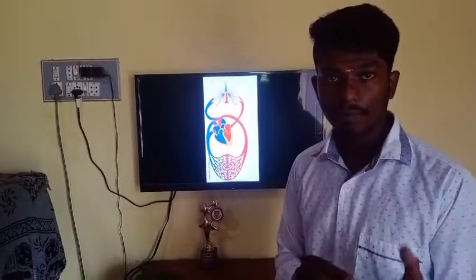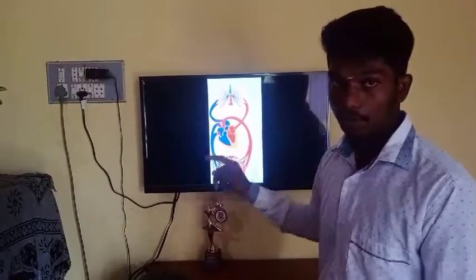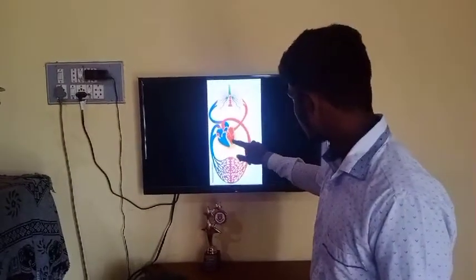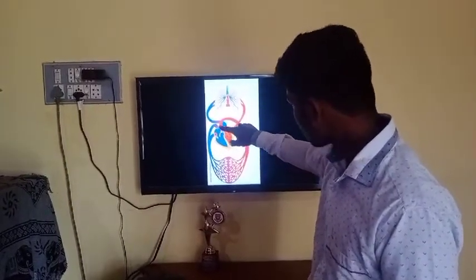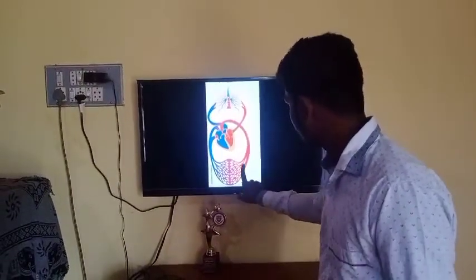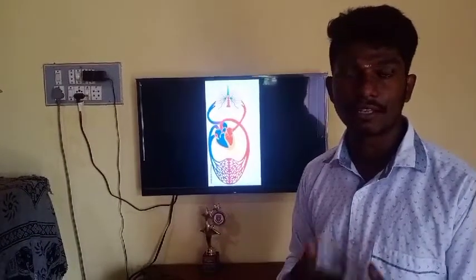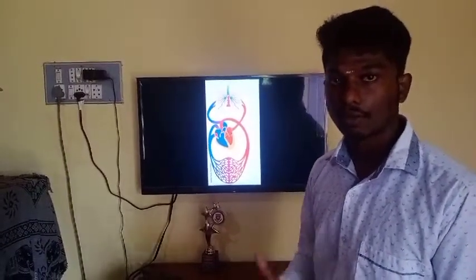To prevent the backflow of blood, the bicuspid valve closes. This ventricle again contracts to pump out the oxygenated blood to various internal organs. Again, this process continues for the next